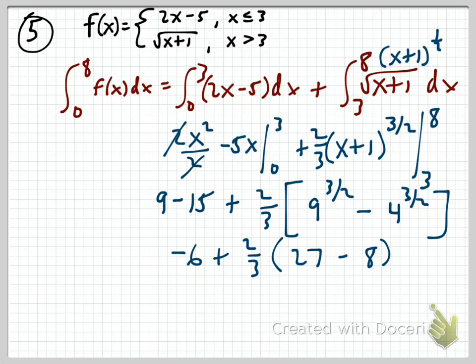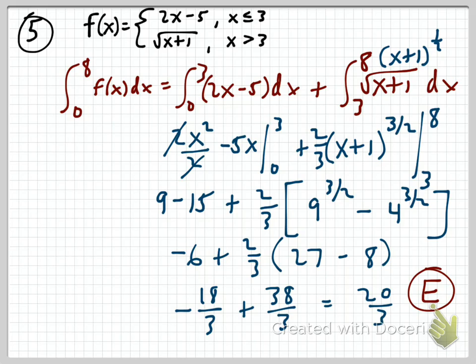Oh my gosh. You gotta be kidding. So 19 times 2 is 38. 38 over 3, and then we have minus 18 over 3. Oh, good, at least we have that. So we have 20 over 3. 20 over 3 is, oh, it is there. Thank God. E. I didn't like that problem. Too much work. Okay. So I'm going to actually stop there, and we'll continue